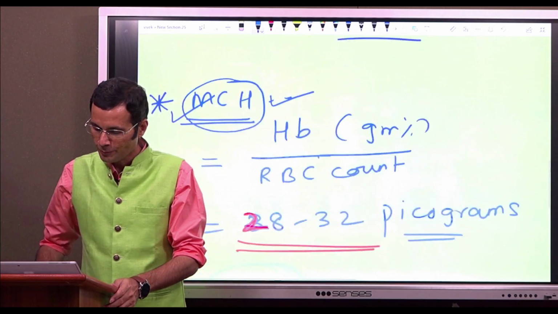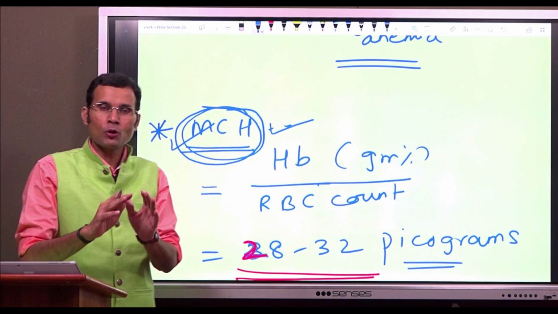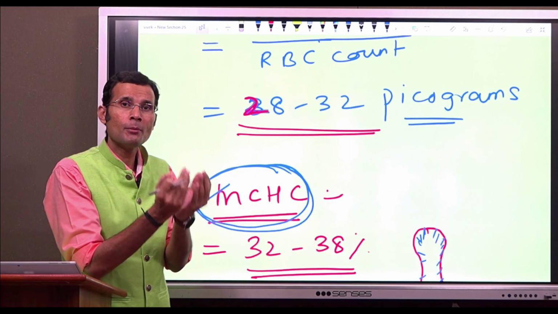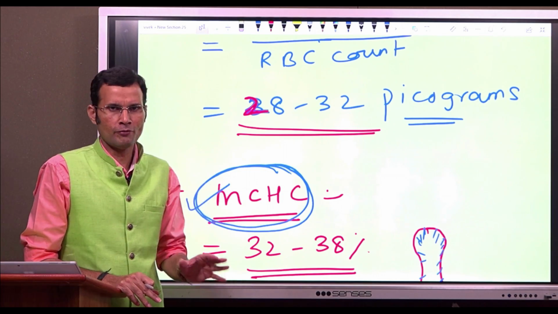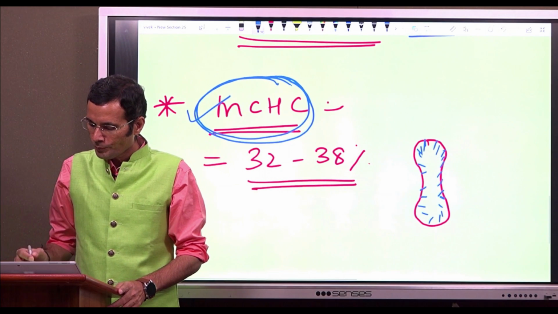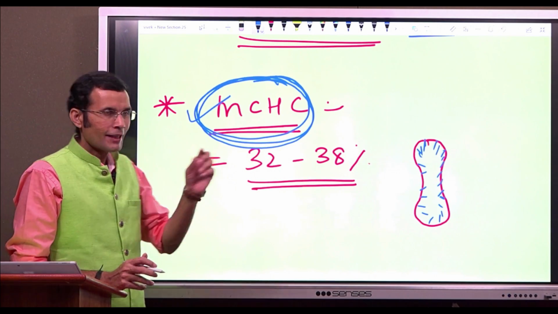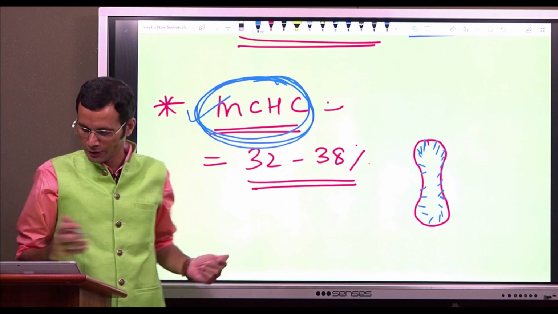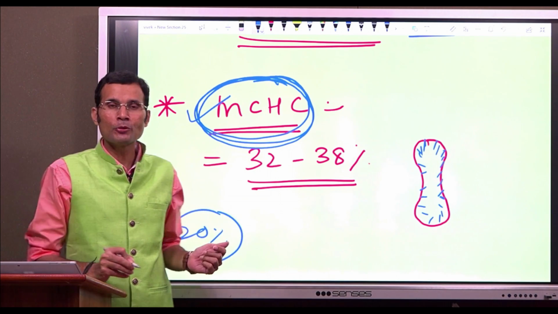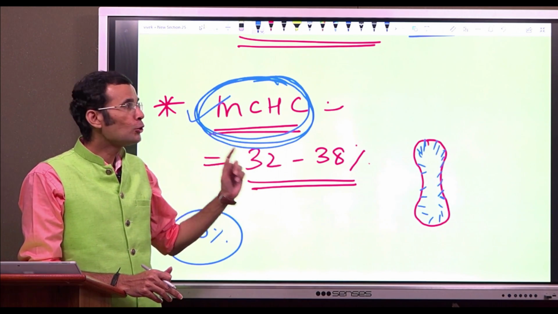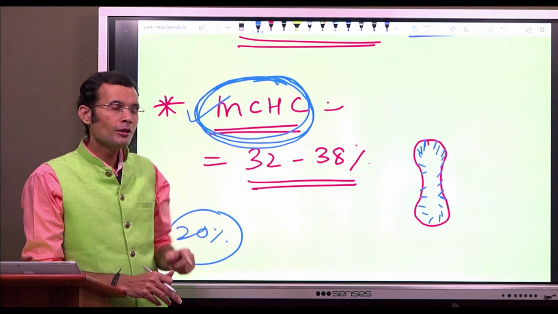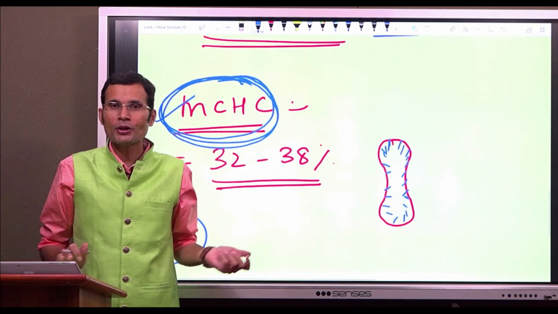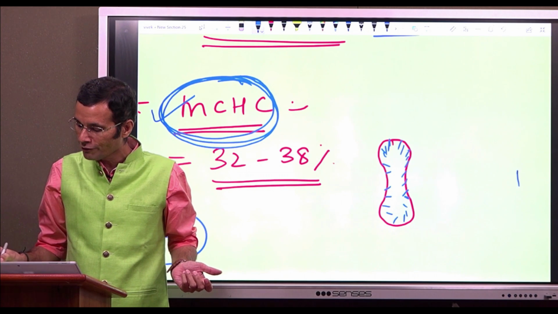Look, it's very obvious. If the mean corpuscular hemoglobin is normal, that means the absolute amount of hemoglobin present inside one RBC is within normal range. But MCHC is reduced means that hemoglobin is now saturating a lesser volume of RBC. Let's say MCHC has become only 20%. Means although the absolute amount of hemoglobin is normal, that hemoglobin is saturating a lesser volume of RBC. What will be your inference? That means RBC volume itself has increased.